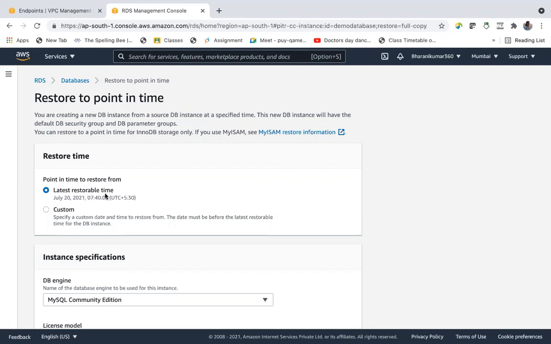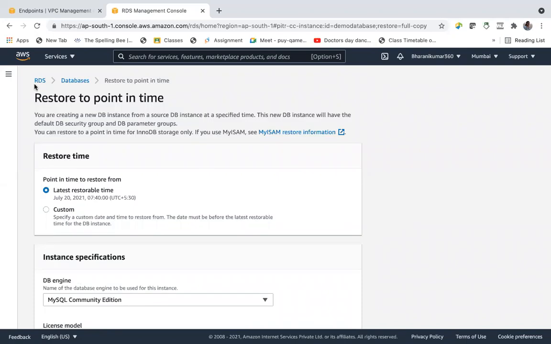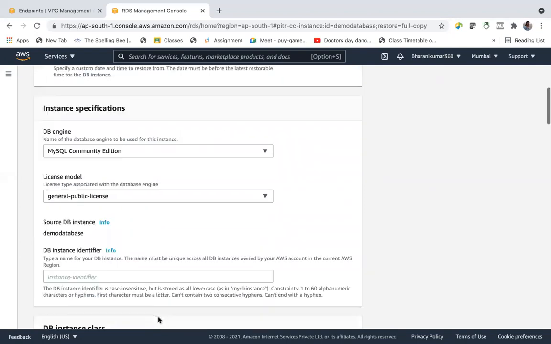Restorable point in time, and the proper backup you'll have at the given window. And the same thing with maintenance: at the given time window every day, or if you have chosen once in a week, the maintenance will also happen.